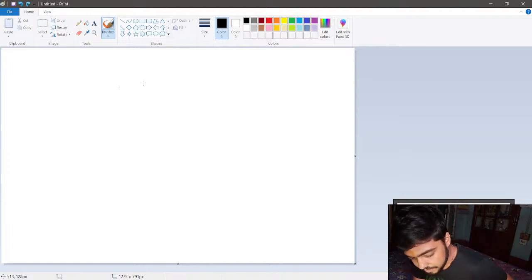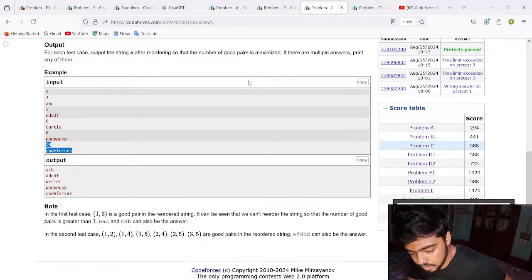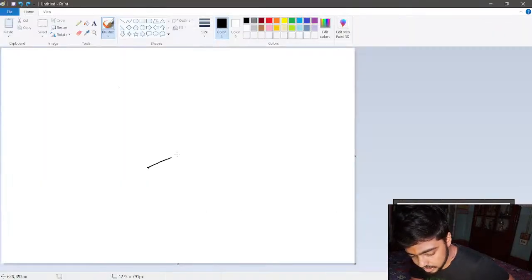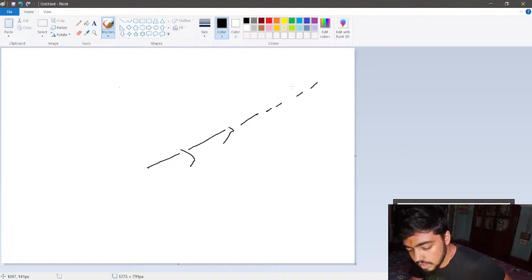My handwriting will suck. Anyways, first let me give you the basic idea of how to solve this problem. As I told you, whenever you have to make a permutation, let's say there are a few elements. So what you have to do is, whenever there are a few elements, your first goal, as I've mentioned, is to make